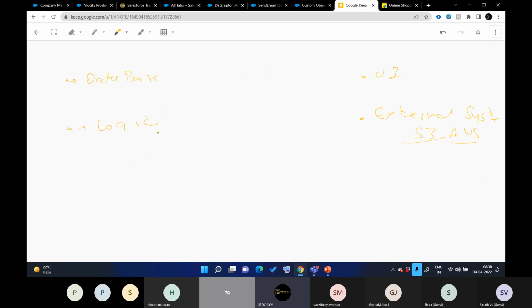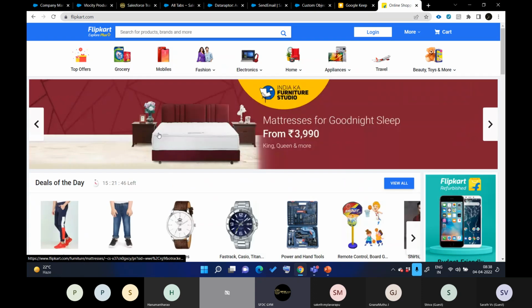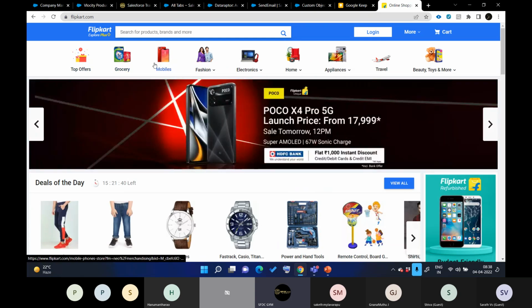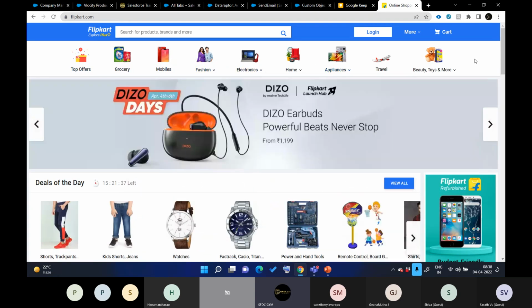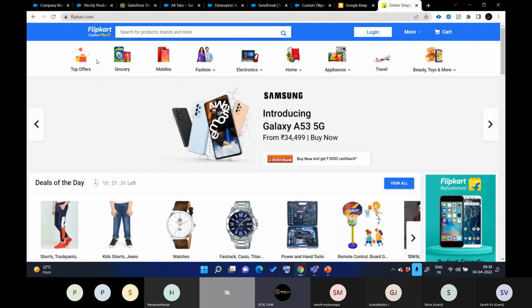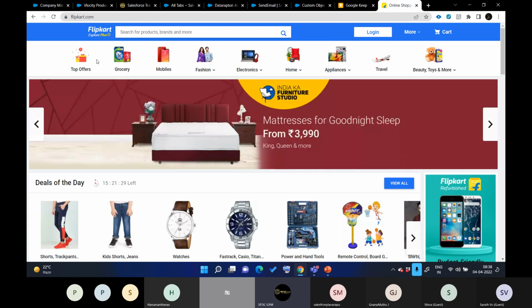So how does Salesforce work basically? Whenever you need to add anything, you need an object for it, correct? So let's say we want to add those first four categories: grocery, mobile, fashion, and electronics. Just forget about those four, just make it simple. Let's say the requirement is the customer Flipkart, which works for your company, and you want to create those four categories. So what you need basically,